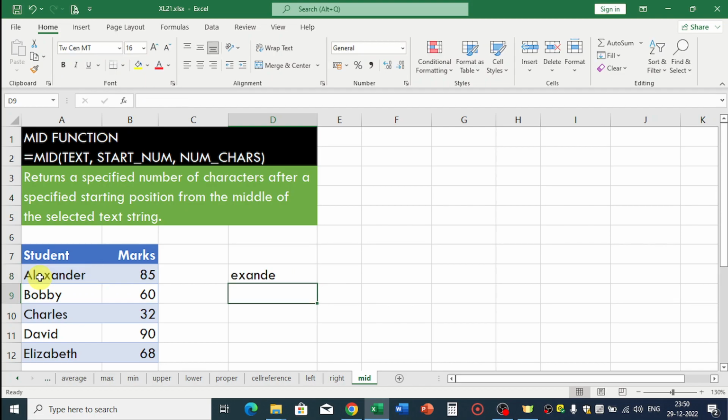This returns us the 6 middle characters starting from the third position here, EXANDE, from the middle of our student name Alexander. This is how we use the MID function in